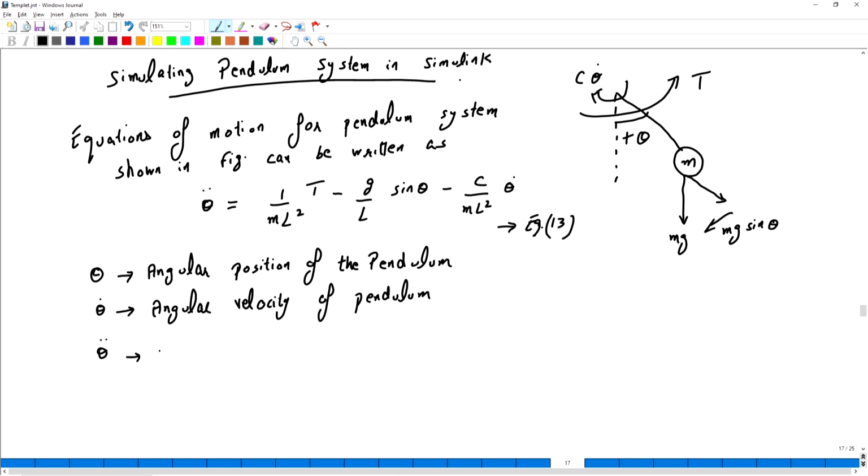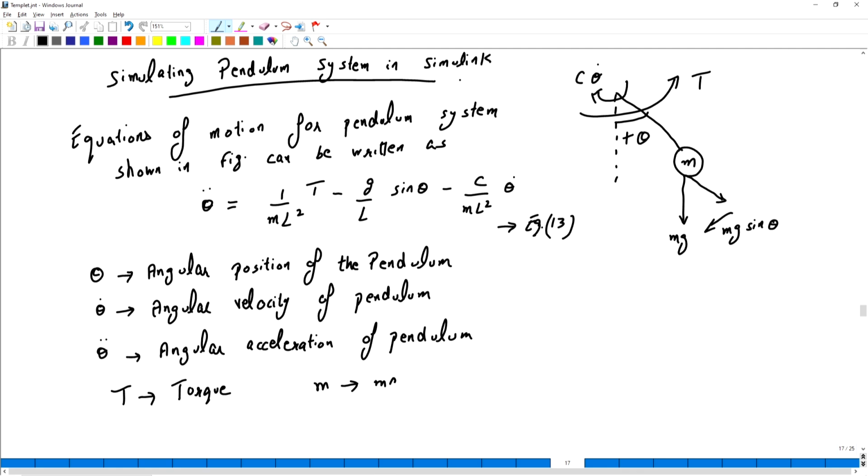Theta double dot is the angular acceleration of the pendulum. T represents the torque, or the input to the system. M is the mass of the pendulum bob.